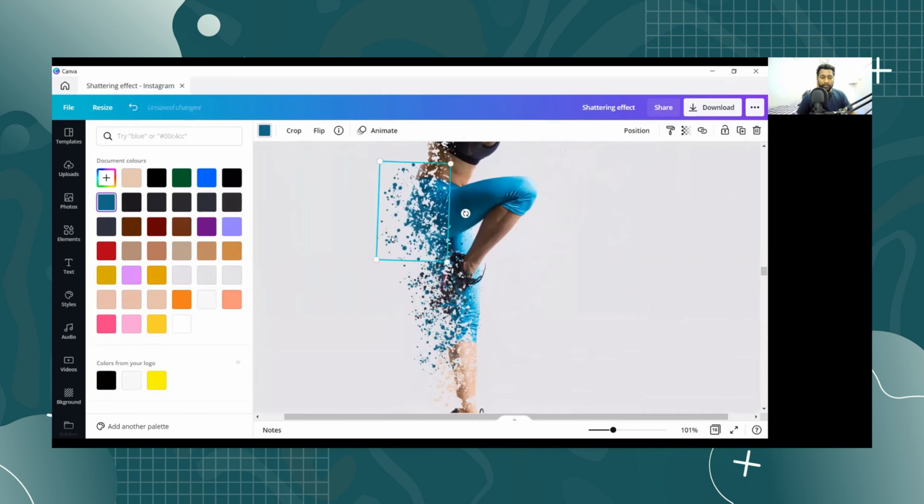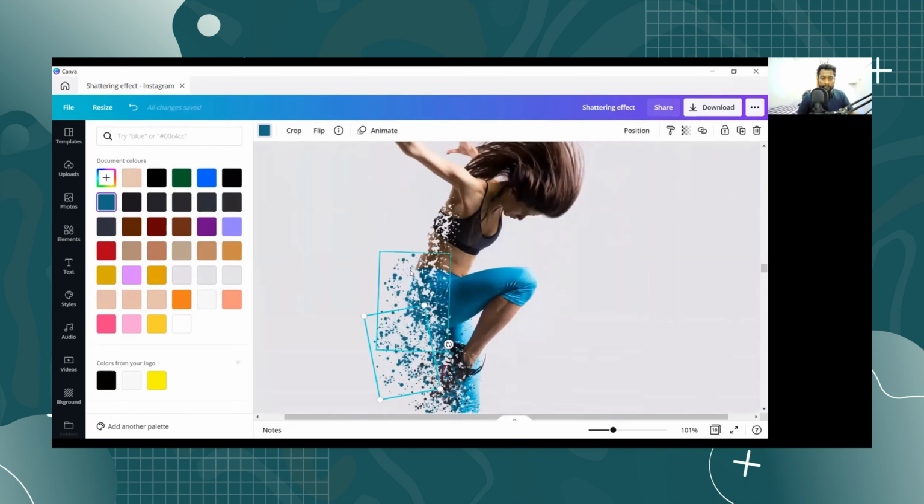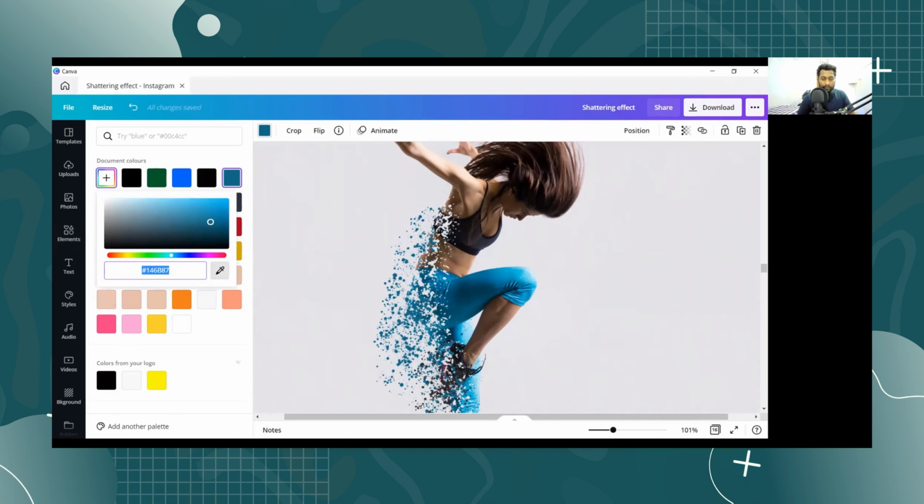You just need to play with your creativity here, and you will get a design according to your style. Imagination matters here while finding this effect. Like this. Now we'll add one more element like this, and we'll take the color from this body. For that, we'll use the color picker again, like this.